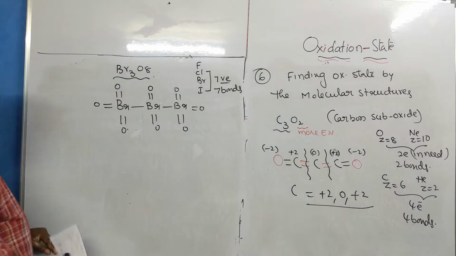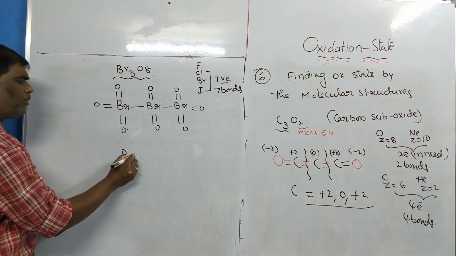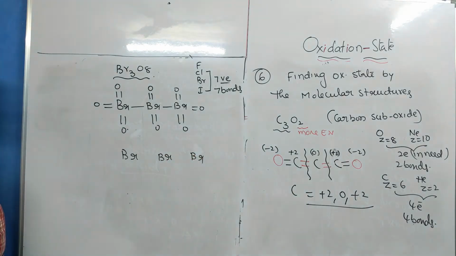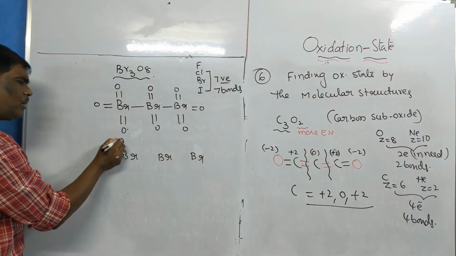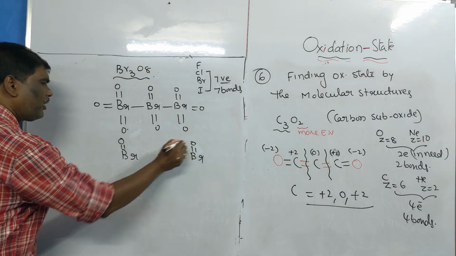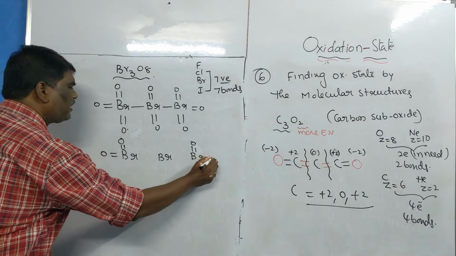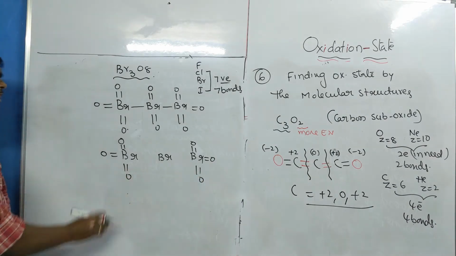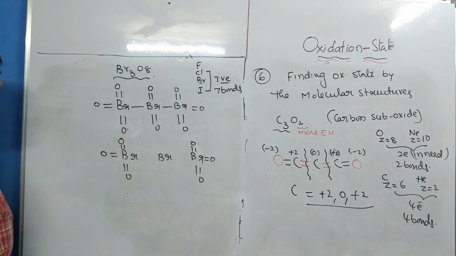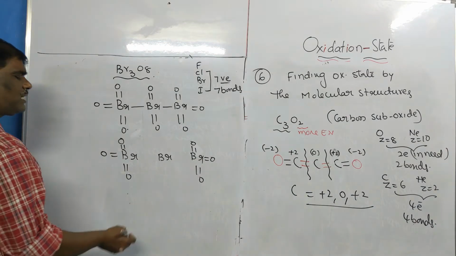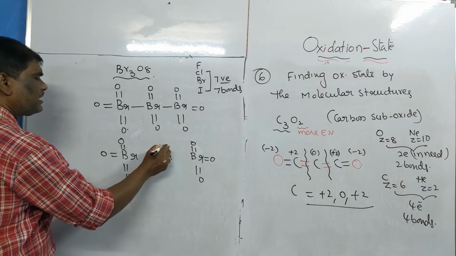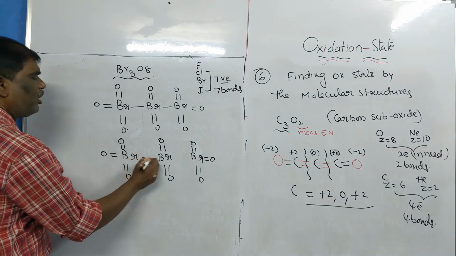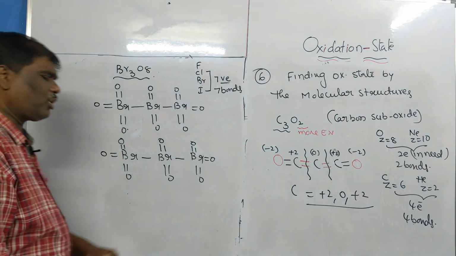Now I repeat once again. First I took 3 bromine atoms. Oxygens are written at the external positions, double bonded. First, the external bromine atoms are given oxygens. If more oxygens are there, then they are given to the central atom. Bromine can make a maximum of 7 bonds. So this is the geometry.